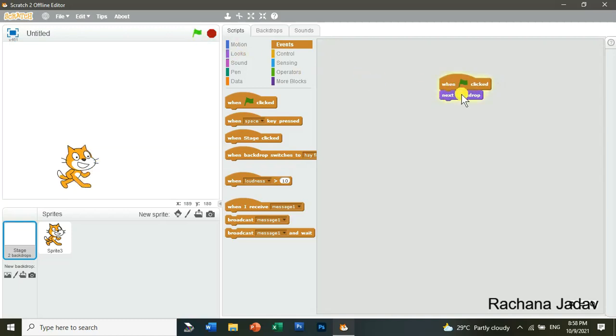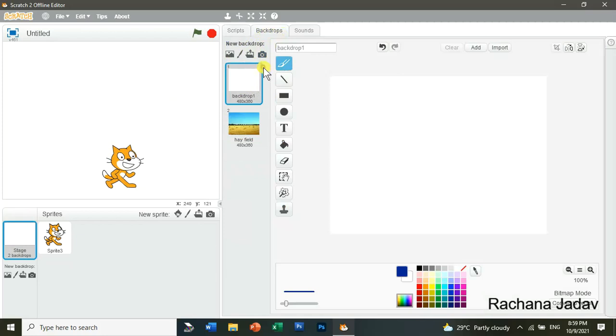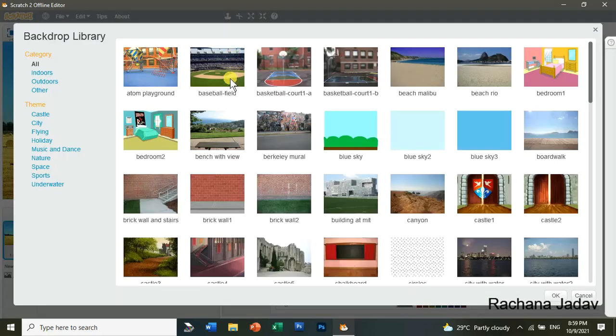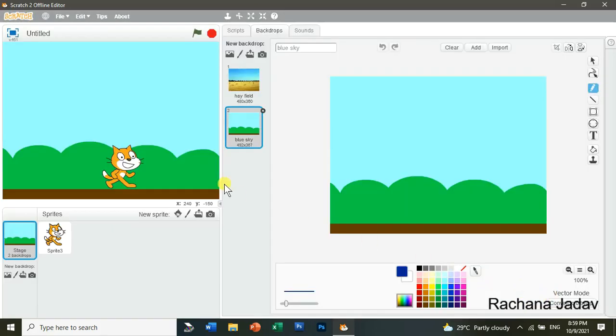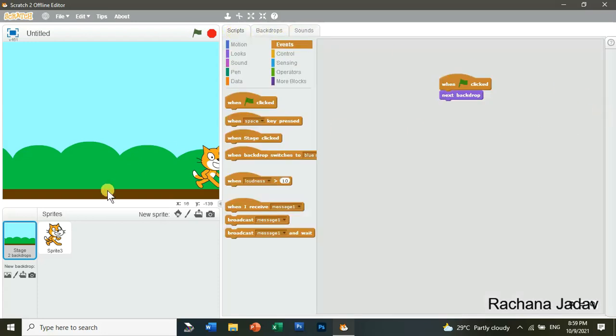So if you want a backdrop, what you will do is click on this backdrop option here and take another backdrop from the library here. Like I have taken this one, and now you just see. Okay, now we will go for the script.